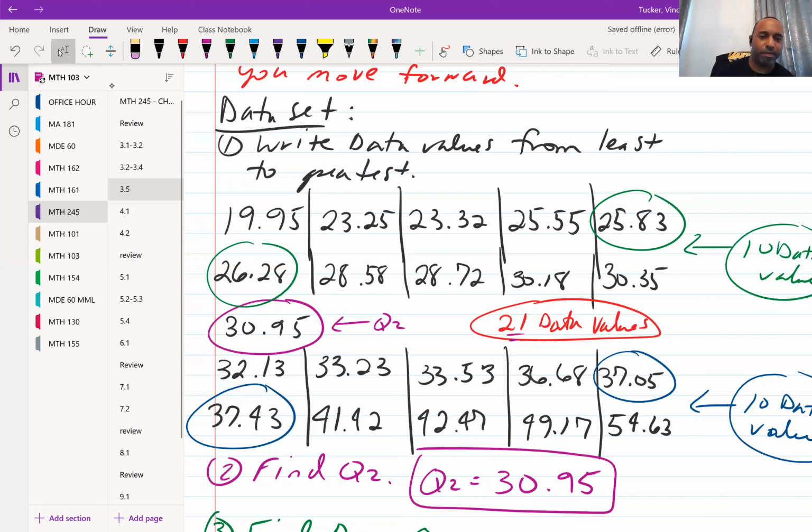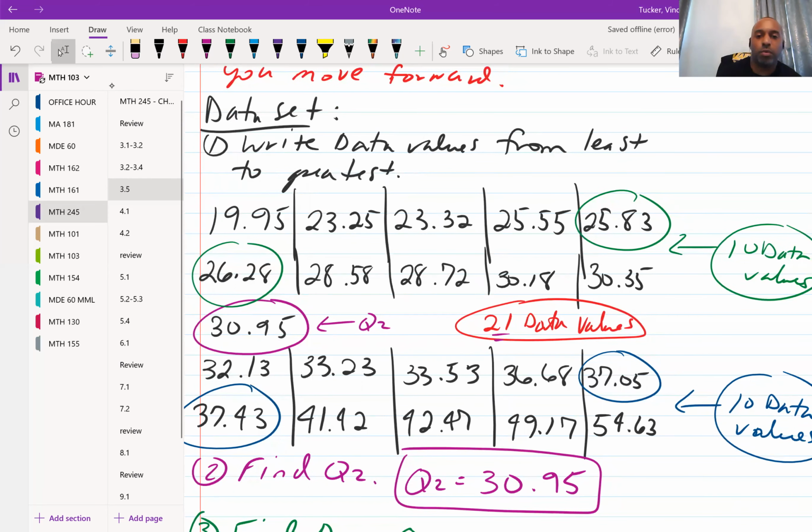I didn't read off the data values just to make sure everything's clear. So we have 1995, and those are decimals. So 19.95, 23.25, 23.32, 25.55, 25.83, 26.28, 28.58, 28.72, 30.18, 30.35, 30.95, 32.13,